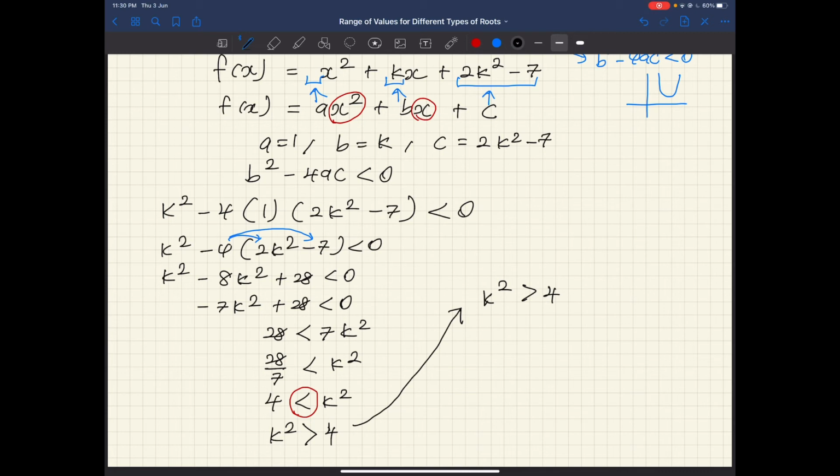I have my square sign over here. So what I gotta do is bring my square to the other side. Basically it will be plus minus the square root of 4. So k is greater than plus minus 2. How does this look? Again, you have to look at your sign. A simple way to look at it: when your sign is such that the open face is towards your unknown, let's say x,